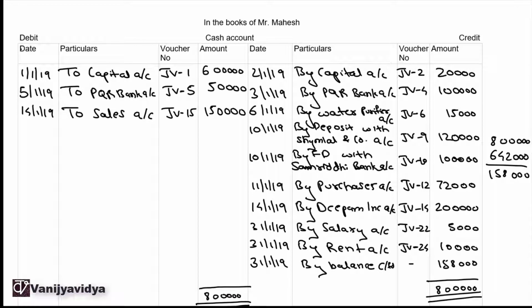Now let's go through all the ledger accounts one by one. If you notice, mostly all your assets accounts and expenses accounts will show a debit balance, whereas your capital account, liabilities accounts and income accounts will show a credit balance. Usually the trend is like that. Now we'll just go through all the ledger accounts before we start posting the entries for the month of Feb.